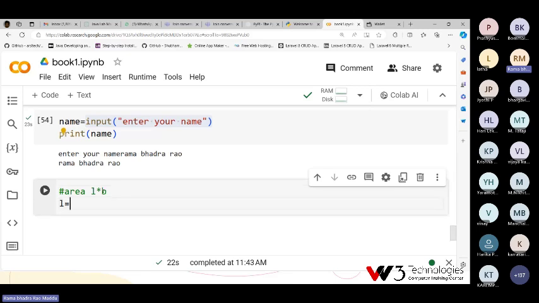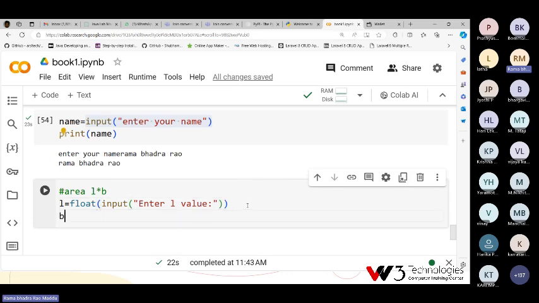So L equals input, in quotes is a comment, enter L value, you can give any comment. It is stored in L, but L should be integer or float. That's why I'm converting into float, decimal value. The L may be in decimal, B may also be decimal.